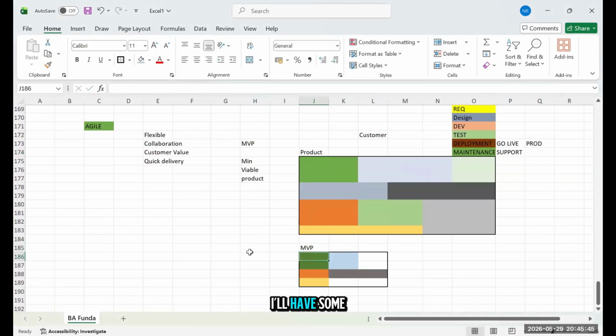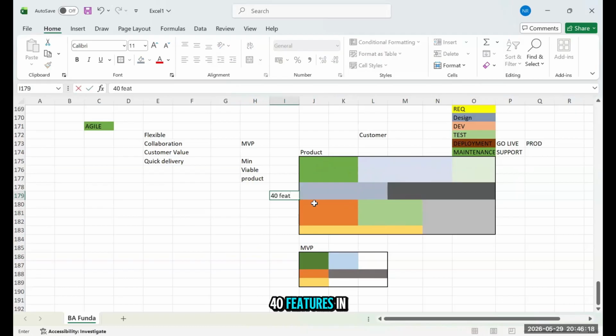MVP means I'll have some essential features in a product that I want to see or that is on priority, so that it gives a confidence to my customer or my client that yes, the implementation team I am working with will be able to deliver something to me by end of 6 months, 7 months, or 8 months. By end of the seventh or eighth month in the entire project, you are going to deliver maybe